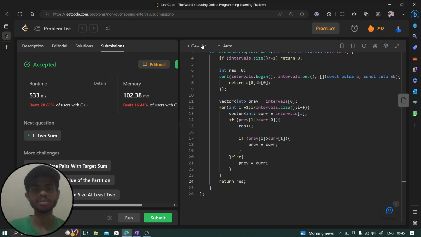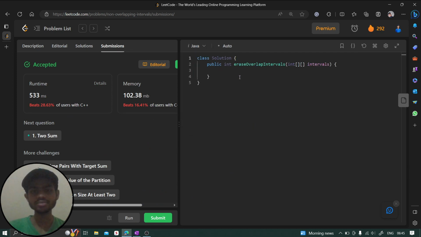Now let's move to the next programming language, which is Java. And here we are going to say fine. First of all we are going to check if intervals dot length is less than or equal to 1. That means we don't need to do anything, return 0 directly. But if it is not the case, int result is going to be equal to 0. And then we are going to sort this intervals array. So we can say Arrays dot sort intervals, and here we're going to say Comparator dot comparing,